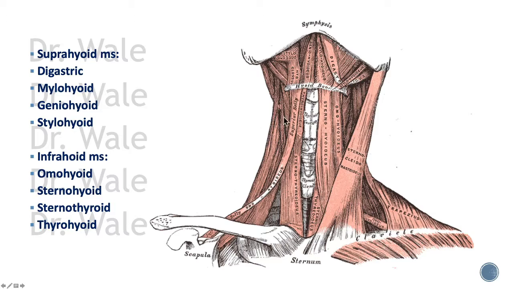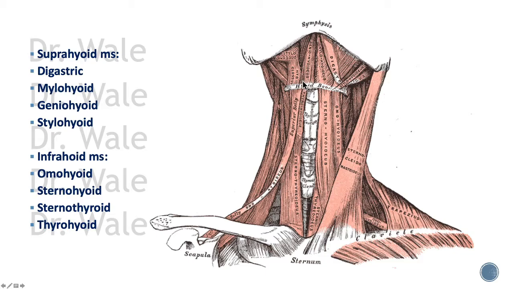The suprahyoid muscles: we have the digastric muscle, which has an anterior and posterior belly. We have the mylohyoid muscle, this one. It comes from the mylohyoid line to the hyoid body. When you remove the mylohyoid, deep to it you'll find the geniohyoid muscle, coming from the mental spines to the